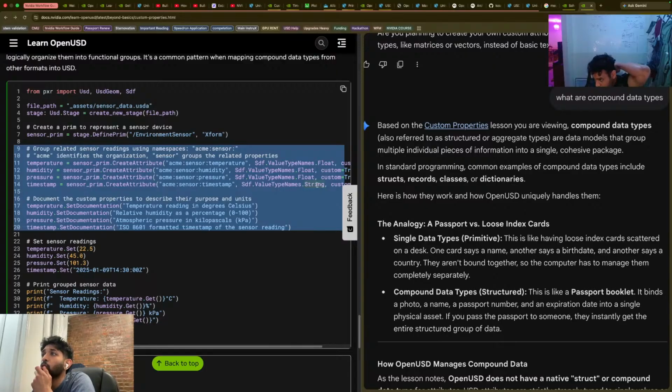So what does compound mean? You are accumulating different types of data types over here. We are going to collect all this data in one data type. Now, over here it says